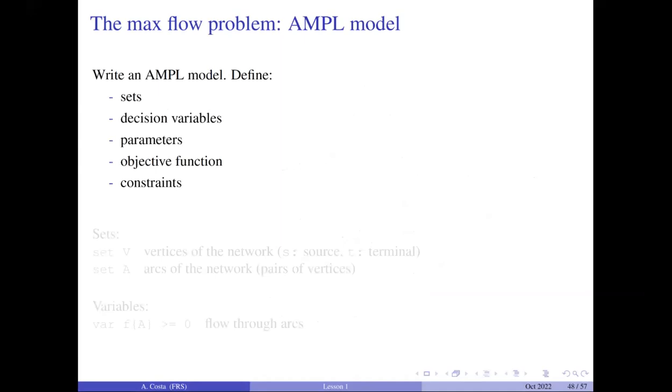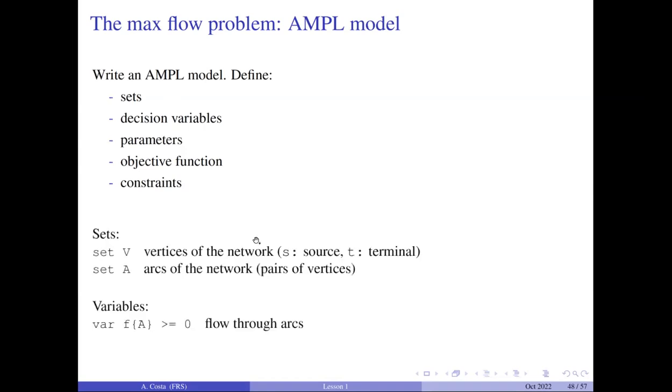Let's use AMPL to define a model representing the situation I just mentioned. Again, in AMPL, if you remember, we need to define objective, constraints, variables, and parameters, and sets, which are not really part of the optimization problem, but are mostly what we use in AMPL to index the variables to make easier the writing of everything else, the constraints and the objective.